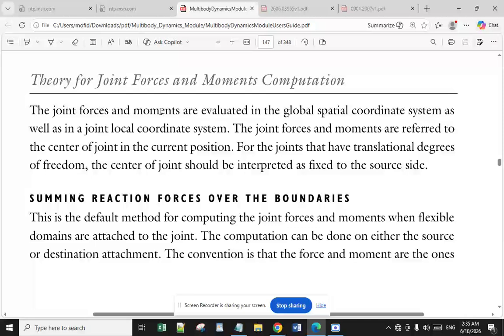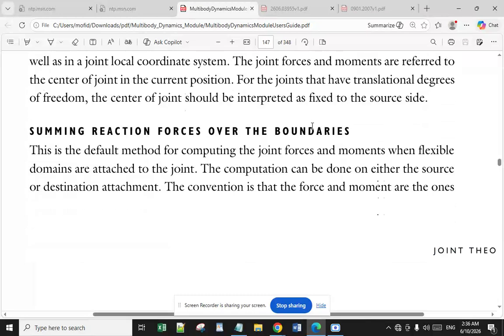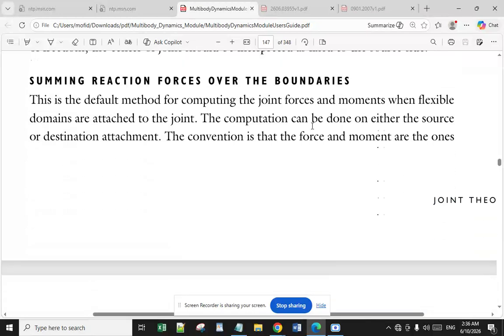The joint forces and moments are evaluated in the global spatial coordinate system as well as in a joint local coordinate system. The joint forces and moments are referred to the center of joint in the current position. For joints that have translational degrees of freedom, the center of joint should be interpreted as fixed to the source side. Now I want to go through the summing reaction